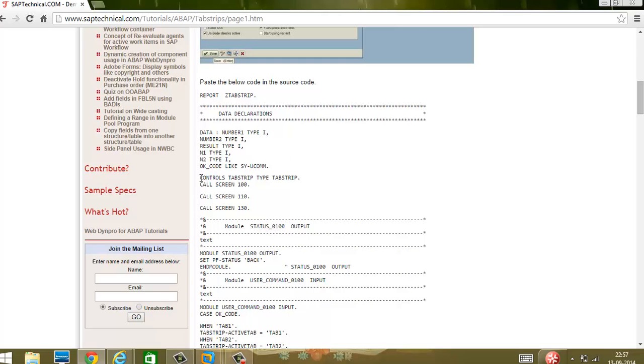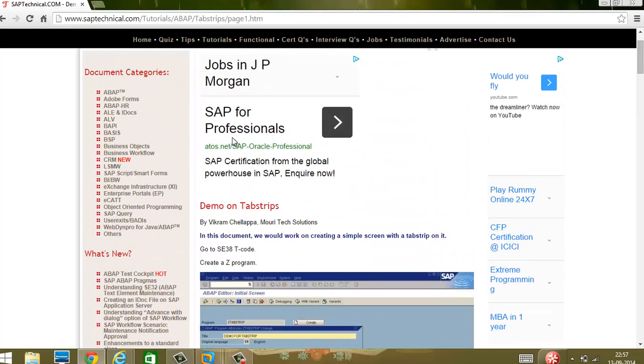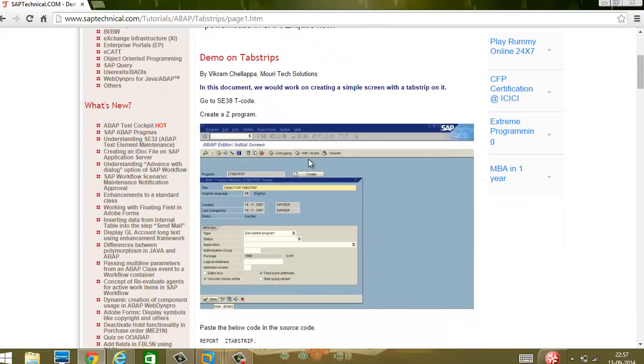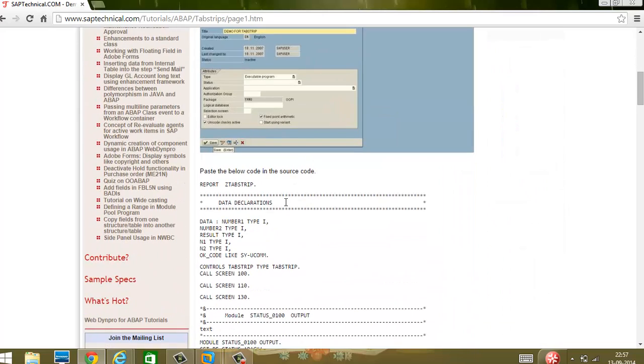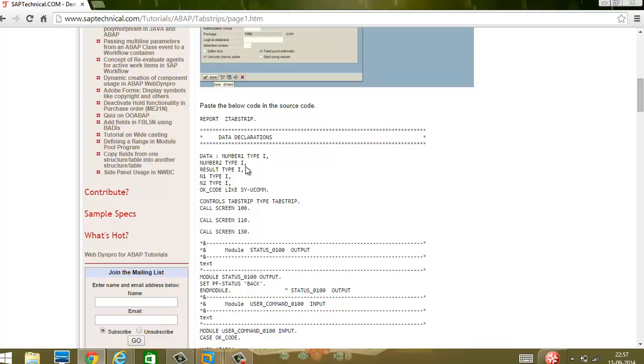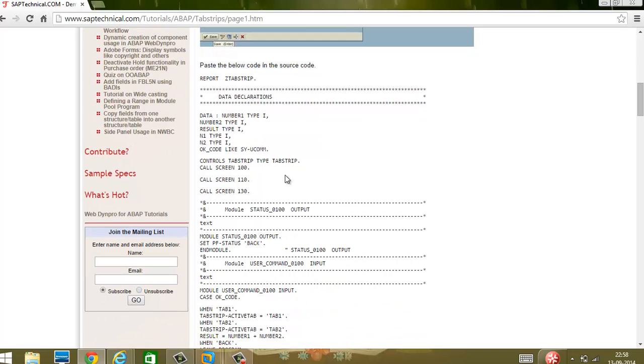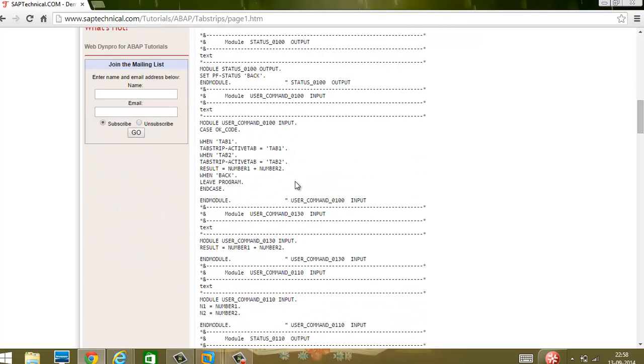So we have to define a control, tab strip, type tab strip, OK code obviously will define. Then what this guy is doing, so this is done by Vikram Chelappa. So thanks to Vikram for this example, so that it's helpful for me to replicate this quickly. Otherwise I have to apply my brain, and then it might take more time. Okay, so Vikram has declared two numbers here, number 1 and number 2, and then there is a result. Okay, then three screens, 100, 110, 130, and then